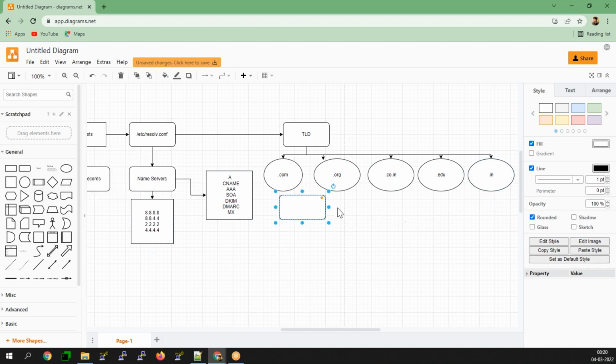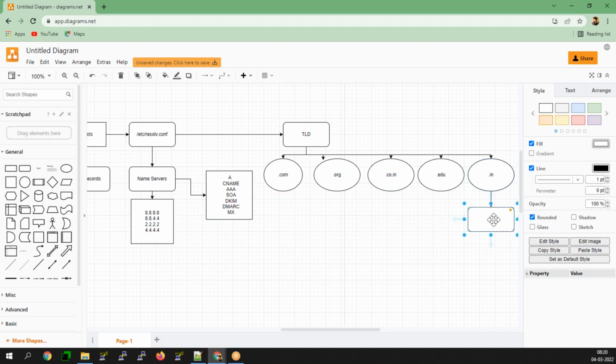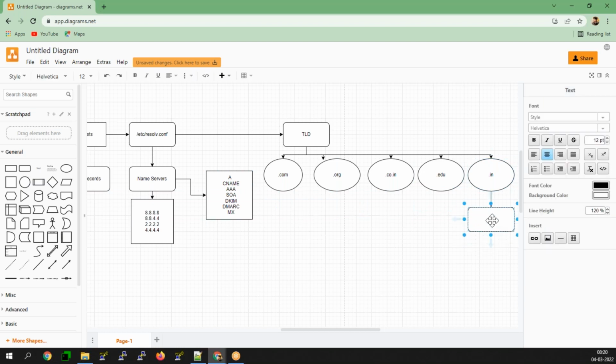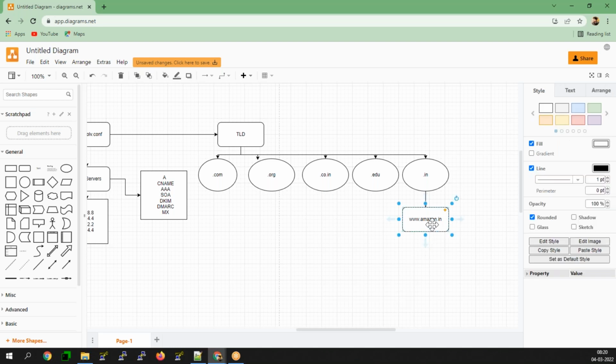It will try to find the name servers here.